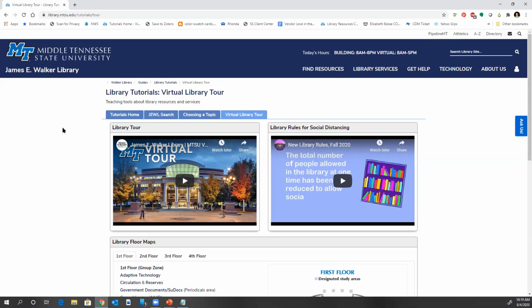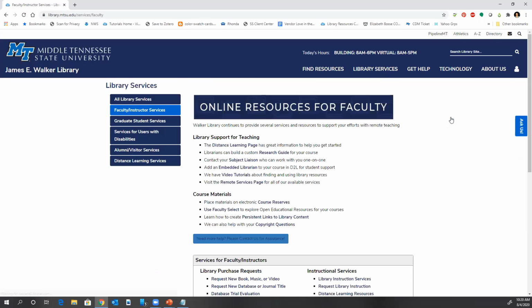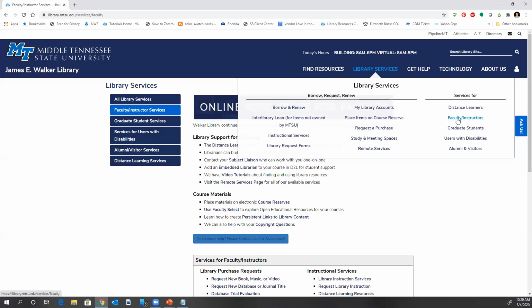Two other services that we offer as instruction are an embedded librarian and e-portfolio instruction. So I'm going back up to library services. I'm previewing. I'm going to go to library services, and I'm going to go to faculty and instructors. We're going to look at this page again in a moment, but this page is probably one of the most important pages to remember, and we will highlight it in the email we send after the session. Library services, services for faculty instructors,